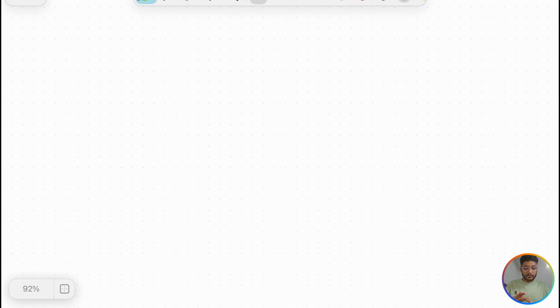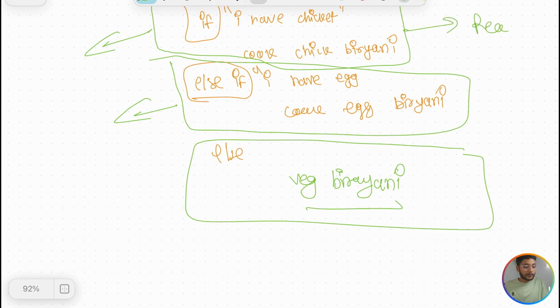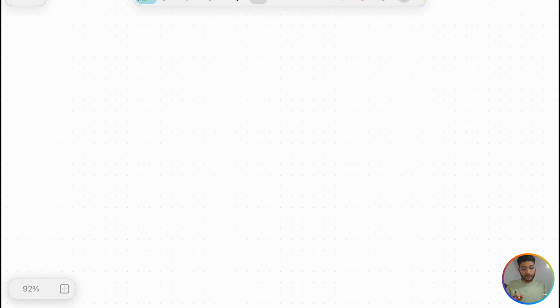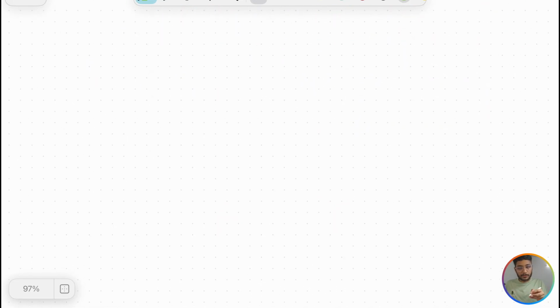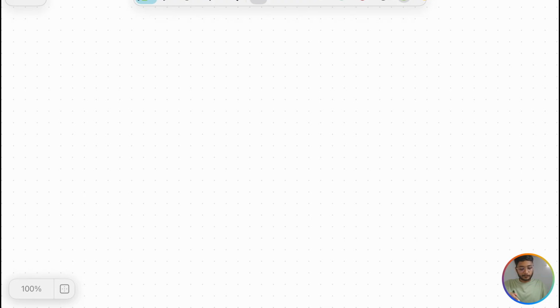Here it is for real life. And if you want to run some code conditionally, then we have something like an if block. If means what you want to run first. Like in real life, you will say, okay, first let me check this. If it is not, then you will check this one. If this is not, then you will check this third condition. You will say, okay, this will be the final condition.